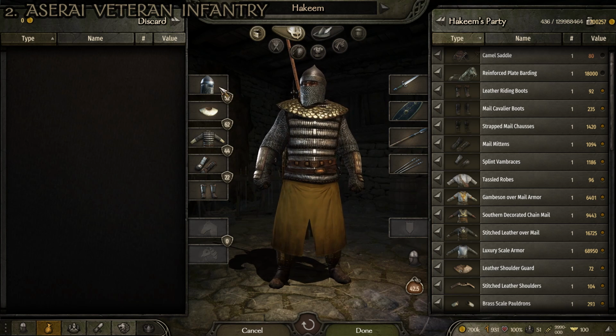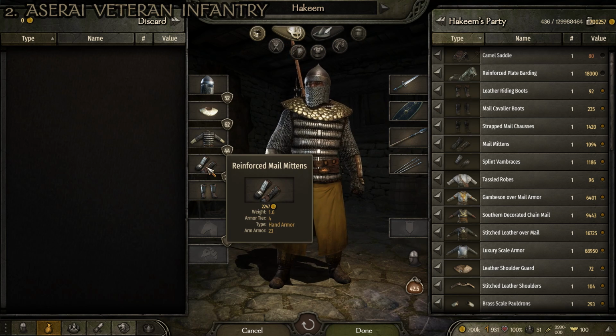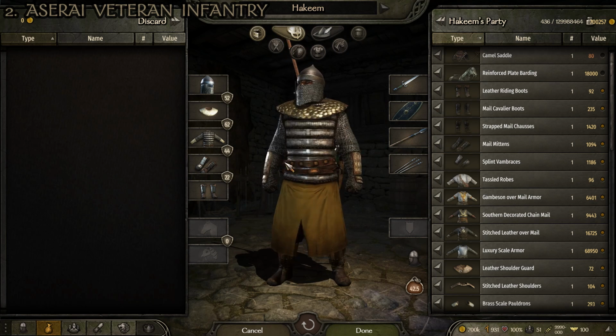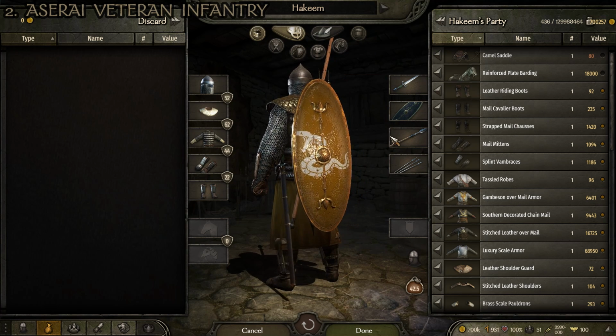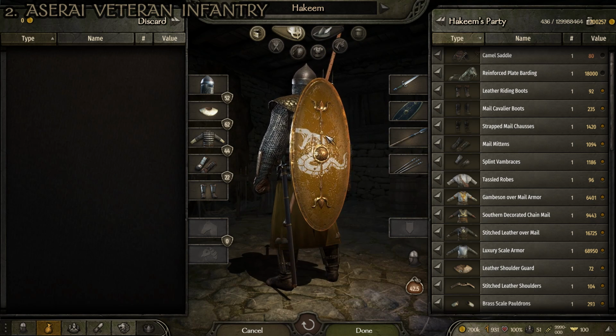concerned. The helmet is quite good, as is the shoulder armor. Our torso armor is probably the least good as far as in-class goes, but it offers pretty good protection. Then our reinforced mail mittens and splint boots are both quite good pieces of armor. Of course, our sword and shield combo is quite good with the reinforced oval shield and the fine steel long cascara. And of course, we have an anti-cavalry option with the fine steel leaf spear and the horseman javelin as a